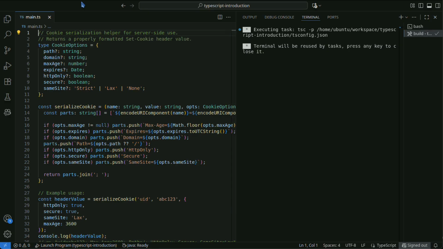This utility forms the basis for creating Set-Cookie on a custom server. Libraries can handle many more edge cases.